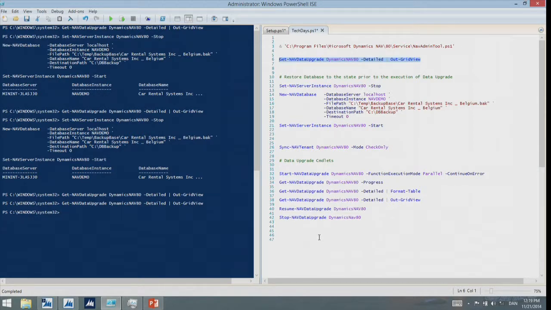You get a progress bar of your data upgrade every time you call Get-NAVDataUpgrade, or you can have a more detailed state that we use frequently, in a format table or in a grid view that you just saw. You can also resume the data upgrade and stop the data upgrade. Okay, I think